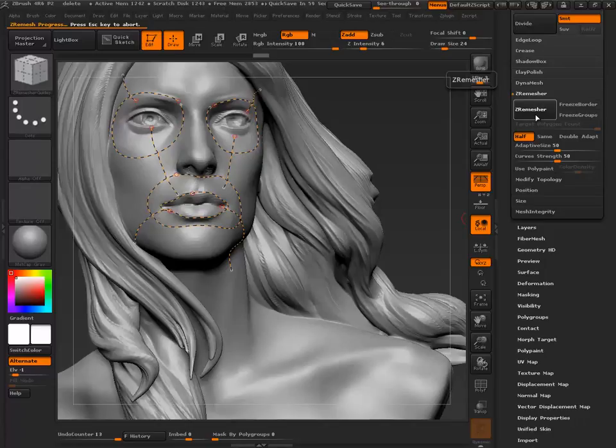And ZRemesher does have problems with higher res models. You just have to keep that in mind. This size is not a big issue though. It's just a time issue.